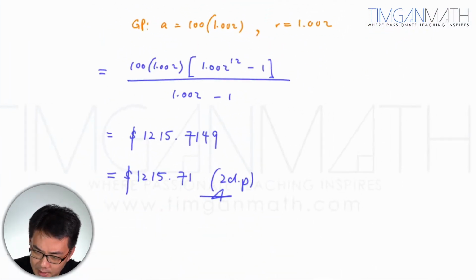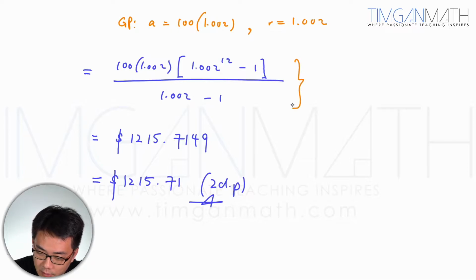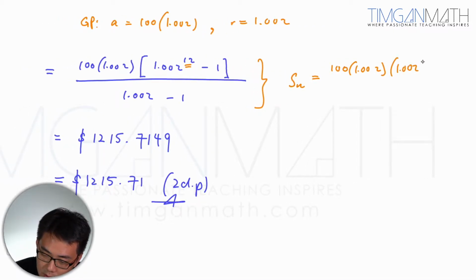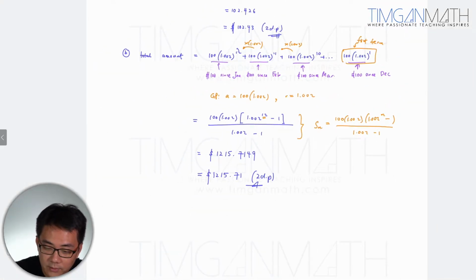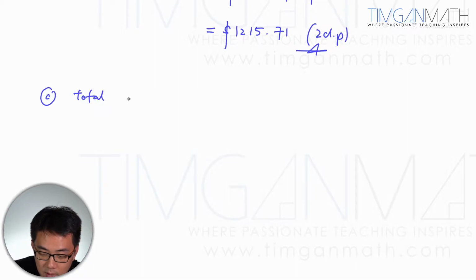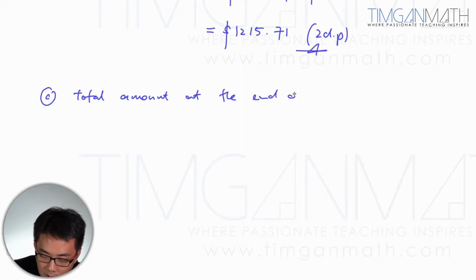Okay, so this formula that we get is for 12 months. So if you are looking for the sum at the end of nth month, it would be 100 times 1.002 times 1.002 to the power of 12, n, minus 1, if it's n months, this will be right. So it will have the same a but different n here. So for part C, the total amount at the end of nth month